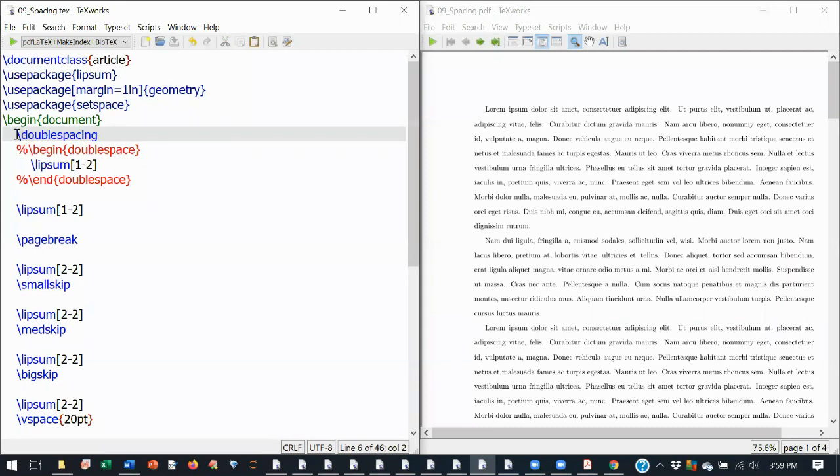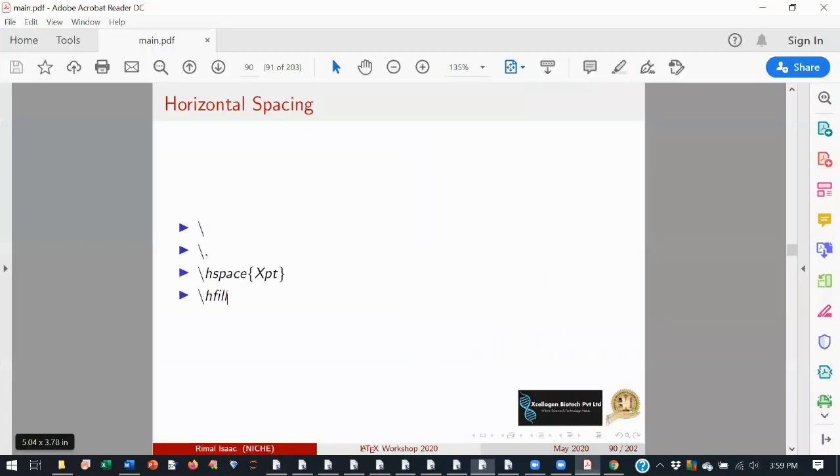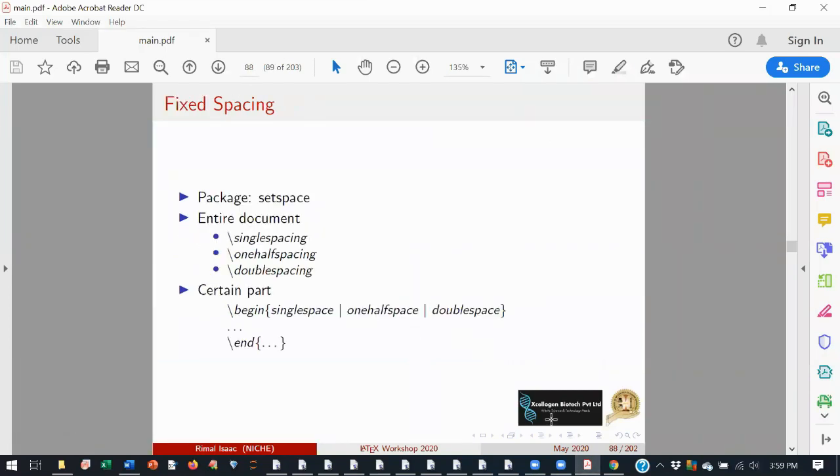So if you want to do it for a particular paragraph, what you can do is you can put this command and you can type any of these.